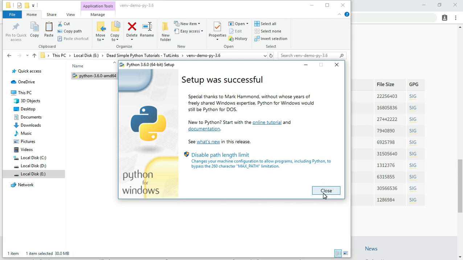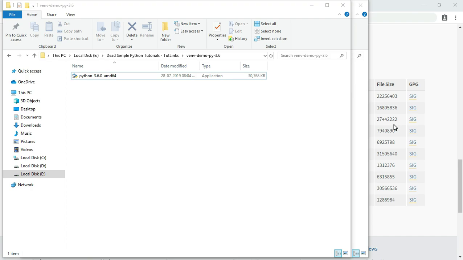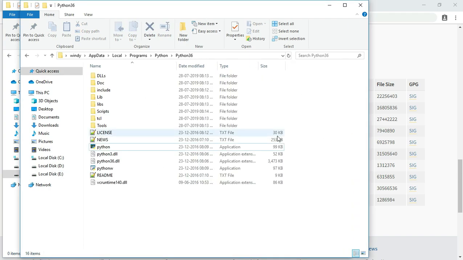Now click on close. As I have successfully installed Python 3.6 on my machine, I no longer need this installer, so I am deleting it. And as I have mentioned, remember the path where Python version 3.6 is installed.